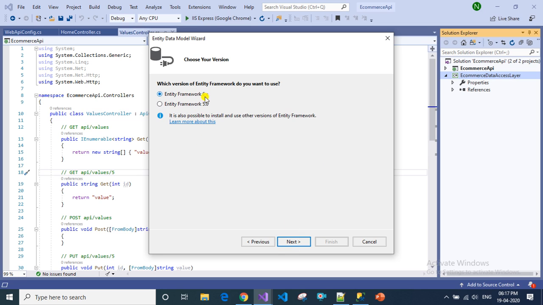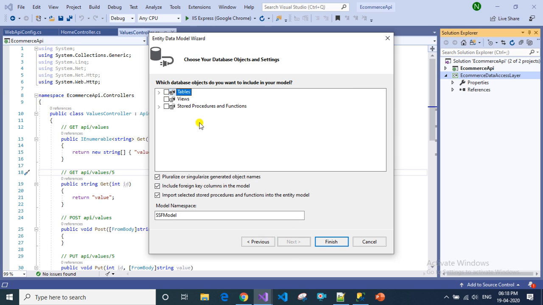Then you have to select 6 or 5. Then we have to select whatever tables are required. I am selecting all the tables. If you have views, you can select views, and if you have stored procedures, you can select stored procedures.